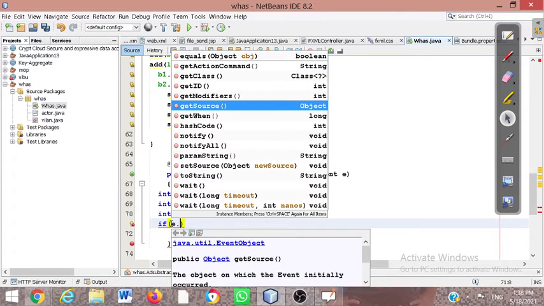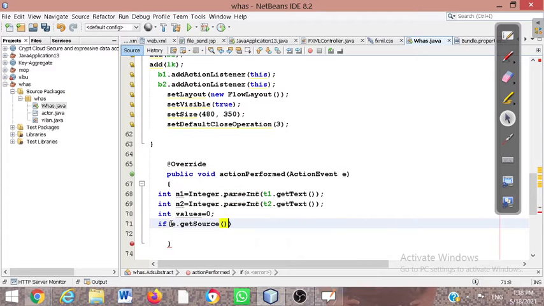So this getSource method will listen to your events from the button, which is an object, because you know that a button is also an object. Everything in Java is an object. Whatever is in a GUI, like graphical user interface, button, text field, everything looks like an object. We are going to create an object, right? That's why we are going to study object oriented programming, right? So the getSource method is responsible for identifying which button is being clicked by the user, and it will listen to the event.